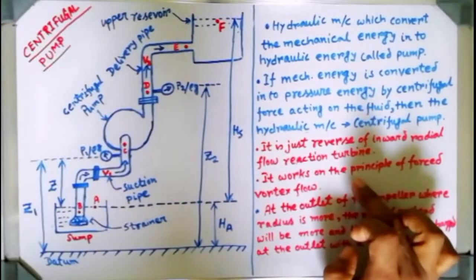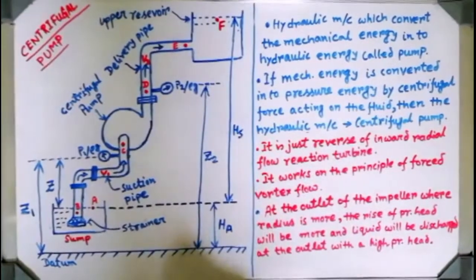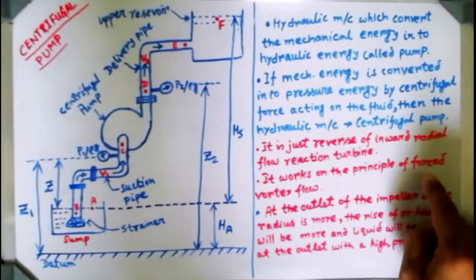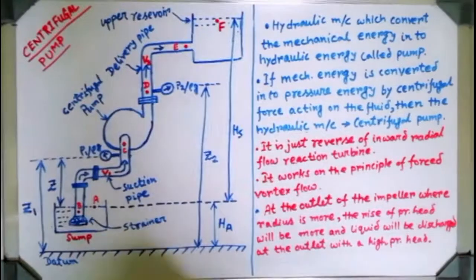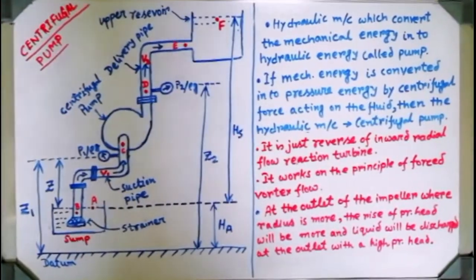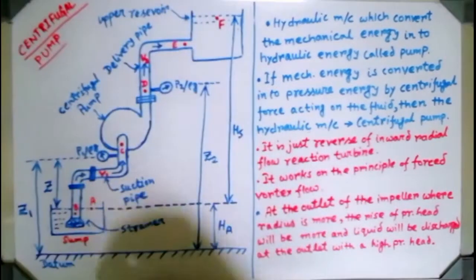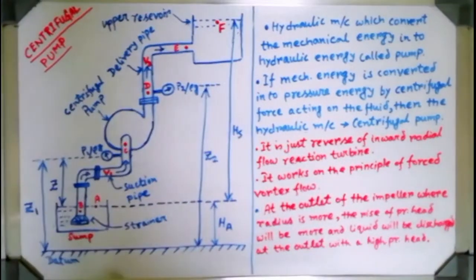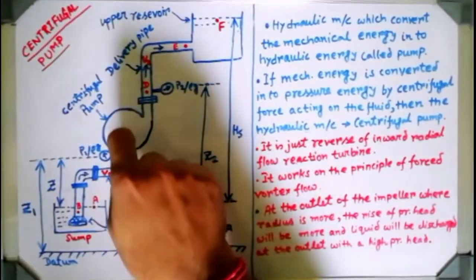Here in the case of a centrifugal pump, a vortex will also be formed inside this casing, but it is a forced vortex. Why is it a forced vortex? Because you are applying some angular torque onto it by rotating that impeller inside this casing. While that impeller or rotor is rotating at high speed, obviously it provides an angular torque on the working fluid rotating inside.